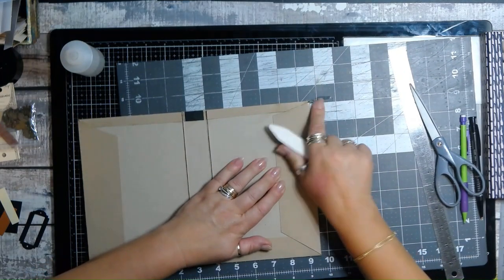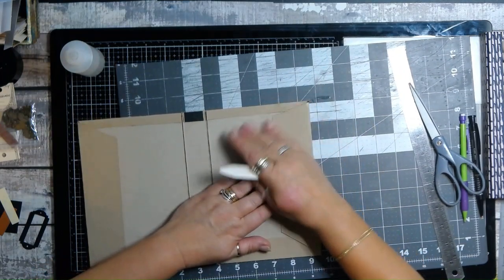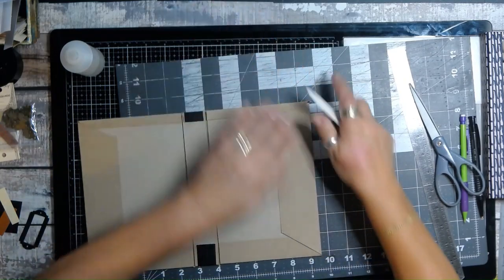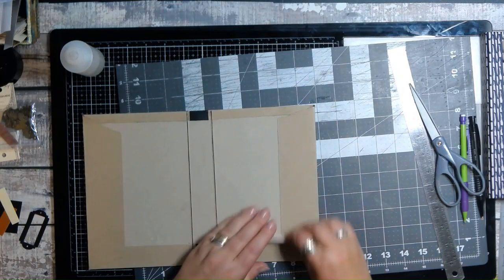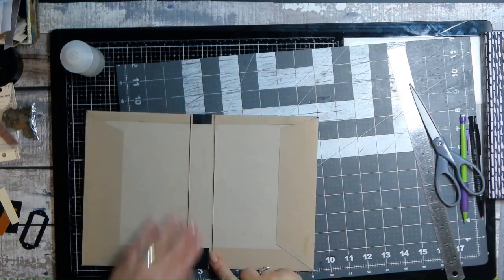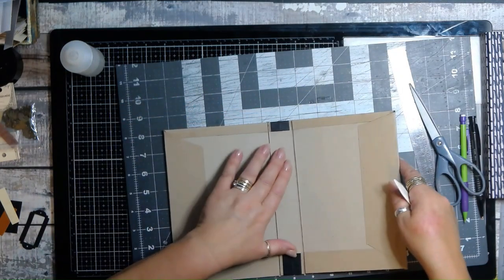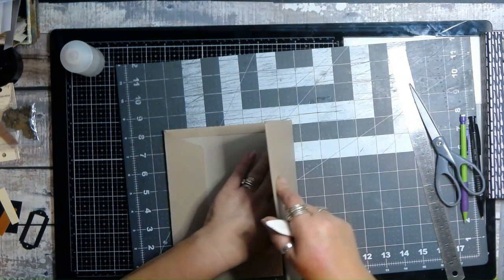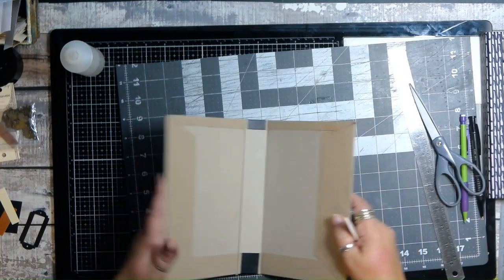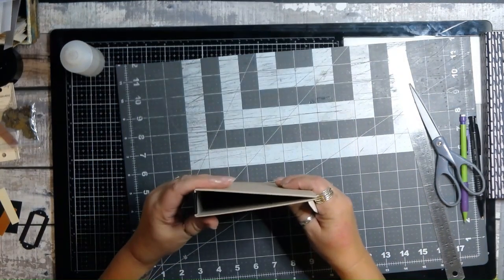I've only done it because this paper is going to actually be covered, so I'm just wanting to take out the bulk, whereas if you weren't covering it, you'd probably want to leave those in. And then you want to just gradually bring that one up to there, and there we have our,